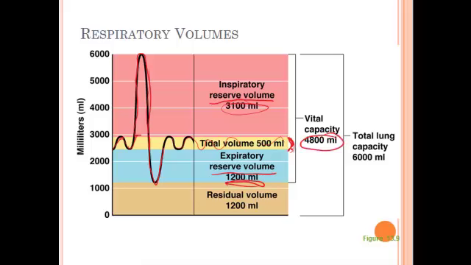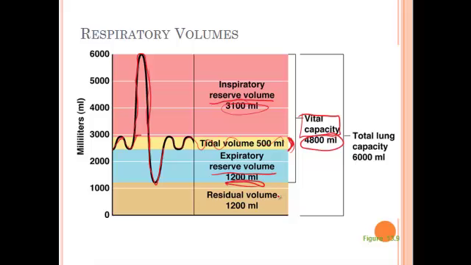Altogether, this makes about 4,800 milliliters. So that's a pretty good amount of air. That's over 4.5 liters. We call this the vital capacity. So overall, this is how much, and of course, it varies from person to person. It varies according to, if you have asthma or any sort of condition, that's going to affect your vital capacity. But you can measure this at the doctor with a spirometer.